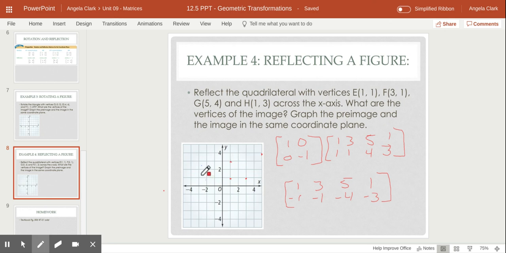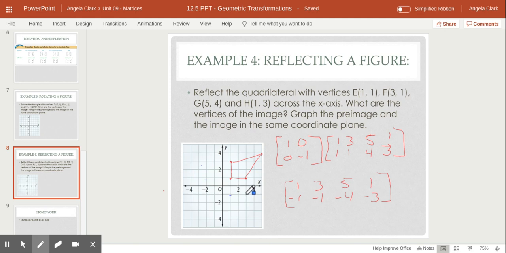So I have kind of this kite looking thing here, and then I'm going to graph the reflected version. So I'm at 1, negative 1,